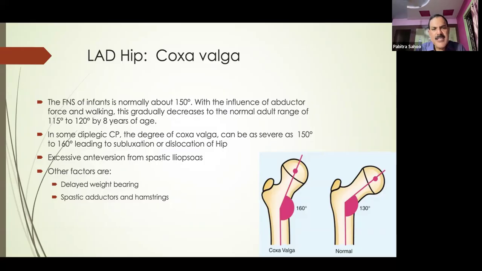So why do these things happen? Why does coxa valga happen in CP children? As I said, the child is born with coxa valga, which gradually remodels to a mature neck shaft angle of 120 degrees in an ambulatory child. Each time the child stands and walks, when they start standing and walking, the hip is extended, and once the hip is extended, the head is coming